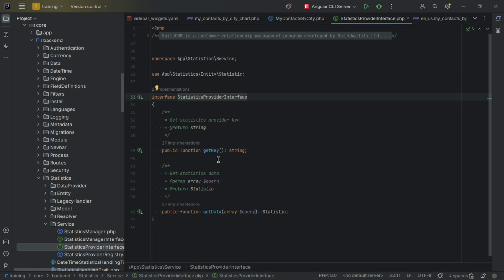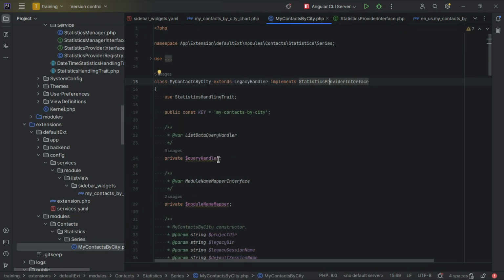So when Symfony loads, when Suite loads, it will check all the classes that implement this interface, will create a map by key, and then later on, when the front end calls the statistics API, it will check the key. Is there a handler with this key? If it has that handler, it will call it. If not, it will throw an error. Cool. So we are going to implement that interface,